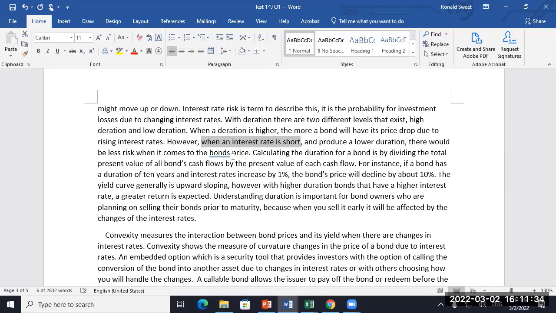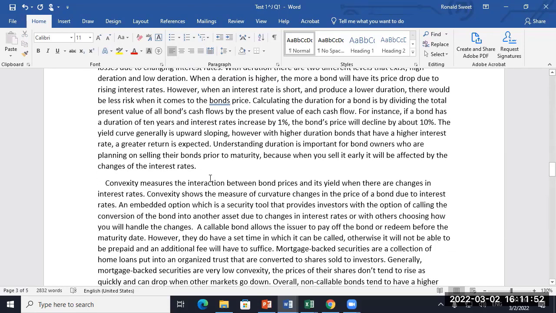So short term has low duration and low price risk. Long term has high duration and high price risk. You want to specifically say that. I'm not real sure on interest rates is short, but you want to define it. So you got the 3 categories. So define duration, the 3 categories, and then